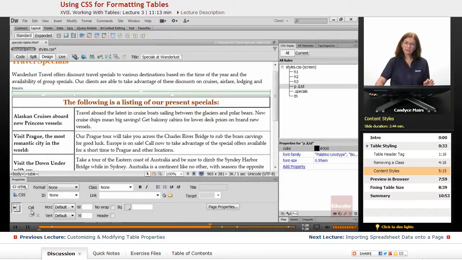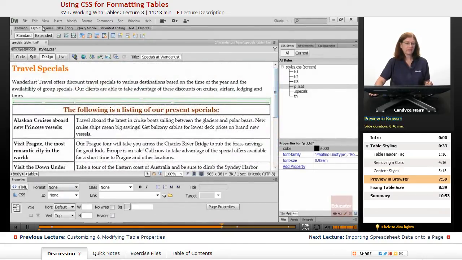And what I'm going to do with my cell is set the vertical to top. So this is the vertical placement of my text within that table cell. My right-hand side is up at the top because I've got a lot more text, but the left-hand side is not. So I'll change the vertical. By default, HTML puts it in the middle. So you can see it pulled it up,